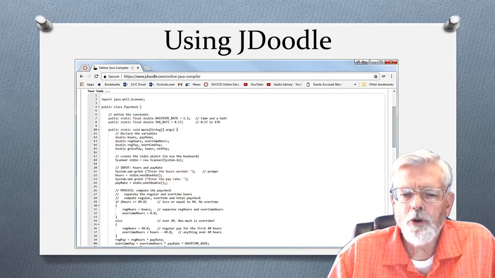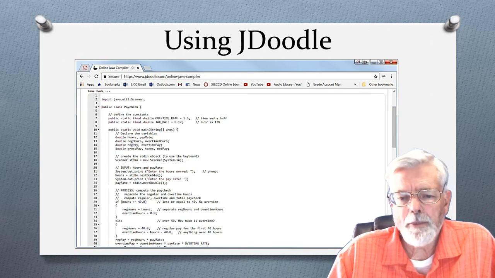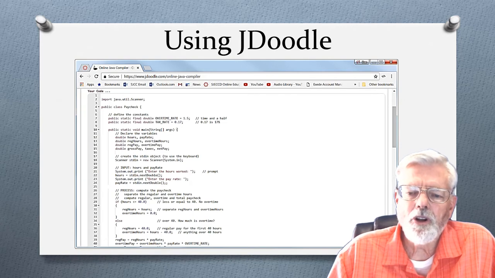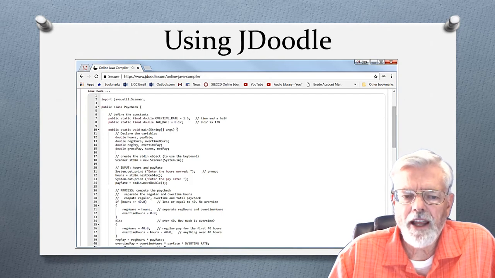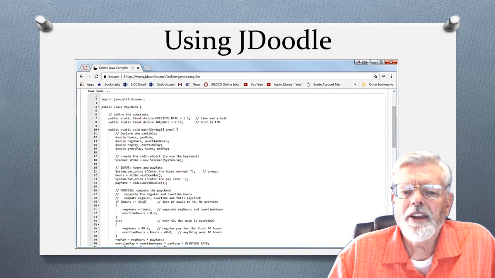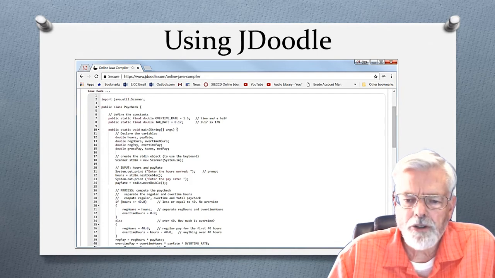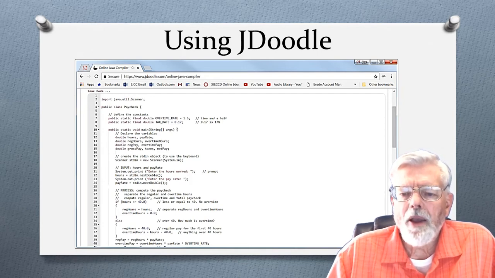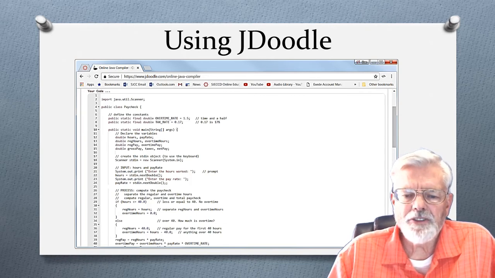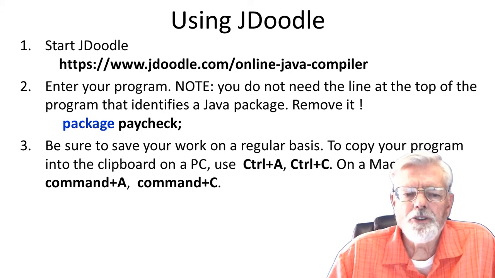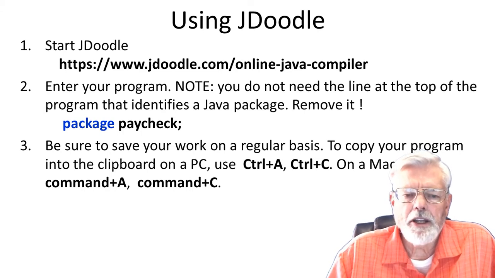You can use JDoodle for the first few lab assignments, but you need to install Java on a computer system such as a Mac, PC, or Linux for many of the projects in the class. You will not be able to use JDoodle for graphic user interface projects. JDoodle may also not work with multi-file projects or programs that access files on the disk. To use JDoodle, start JDoodle at